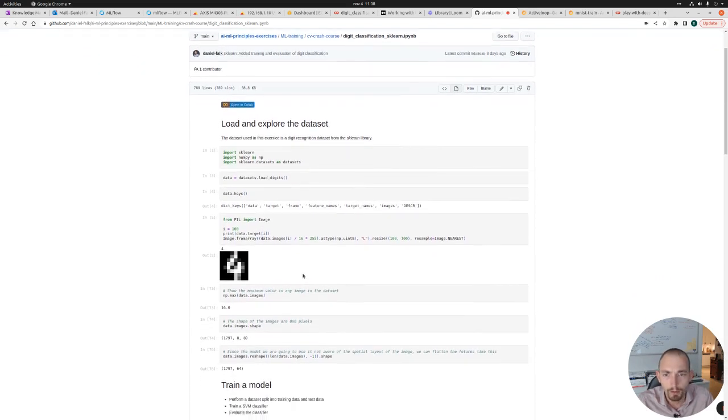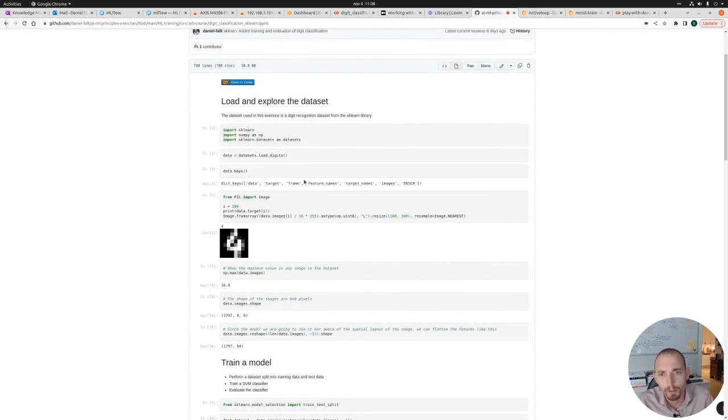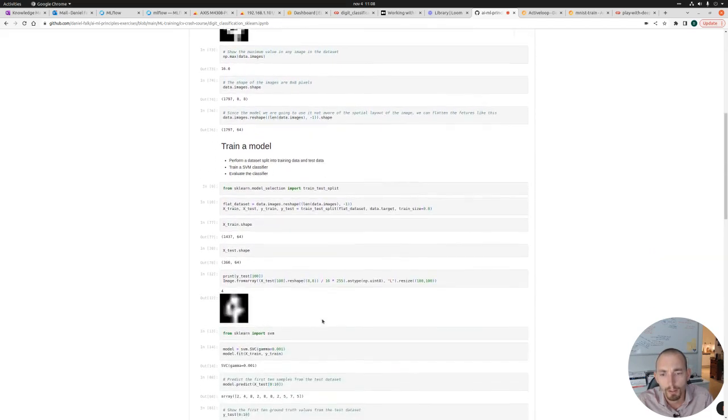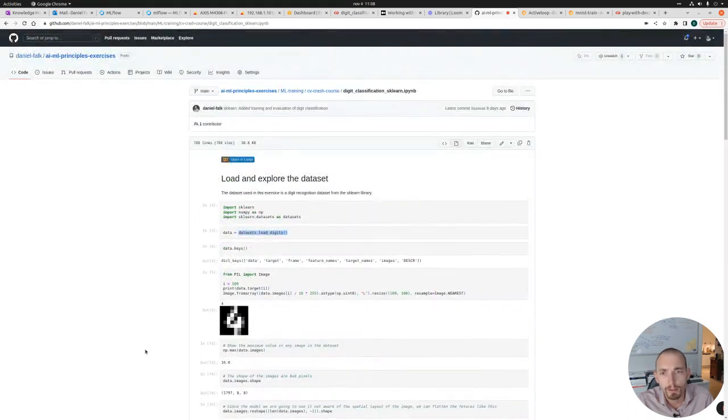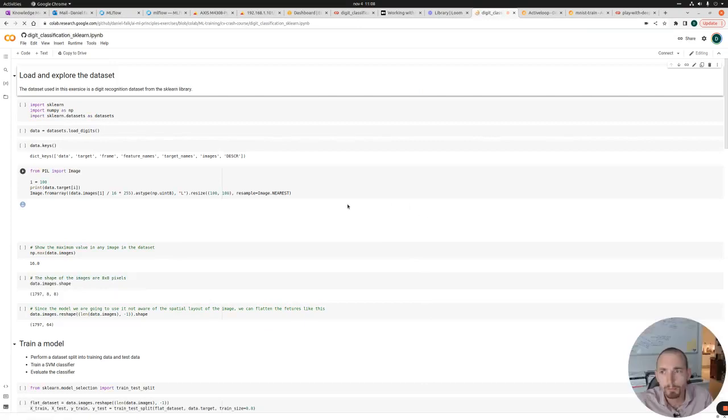So what we did in this notebook was that we used sklearn, and we used the digits dataset, which is included in that library sklearn. So these were tiny 8 by 8 pixel images of different digits, and we tried to classify them with a support vector classifier, a support vector machine. So let's open this in Colab,